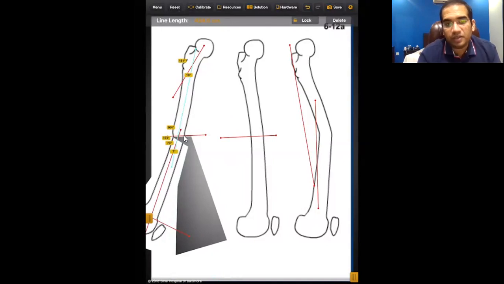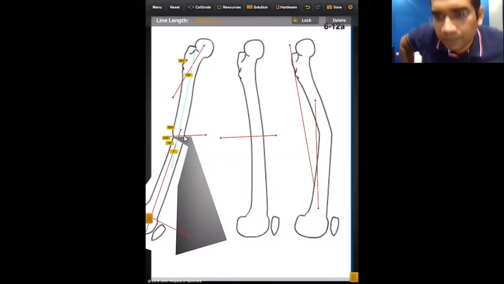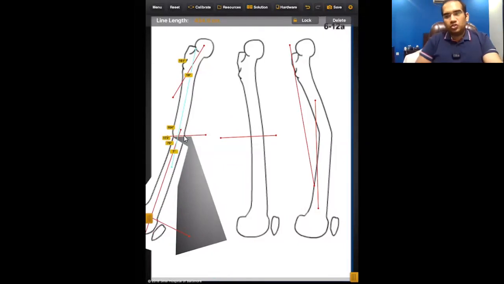Again, what I was telling you is, in this part, you really don't need to worry about this aspect, because most of the people, when there is a mid diaphyseal deformity, all of you are going to correct it using an intramedullary nail. So the nail is an anatomically contoured nail. So when you put the nail in, it will automatically correct the deformity. Okay, this is how you plan it.